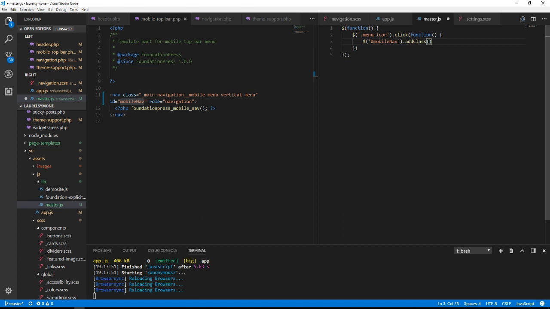Because what I want to do is add that class, and in CSS we're going to create another class that does the opacity and transition and the whole animation thing. So we're going to add a class, say mobile show, right? And then